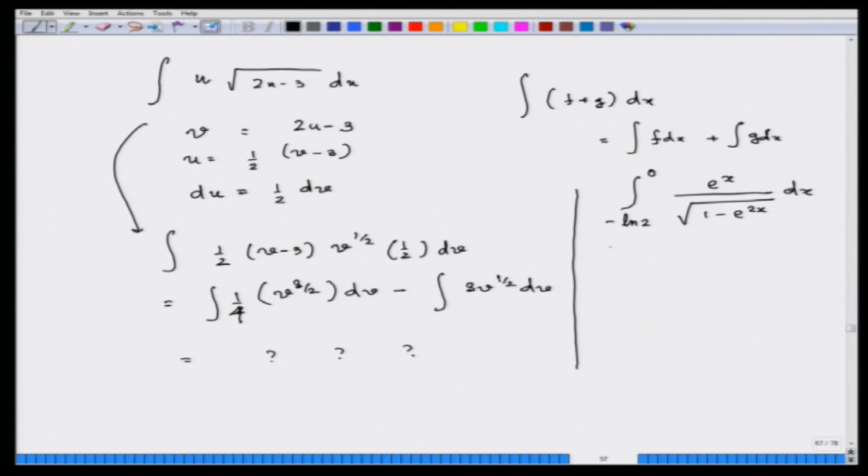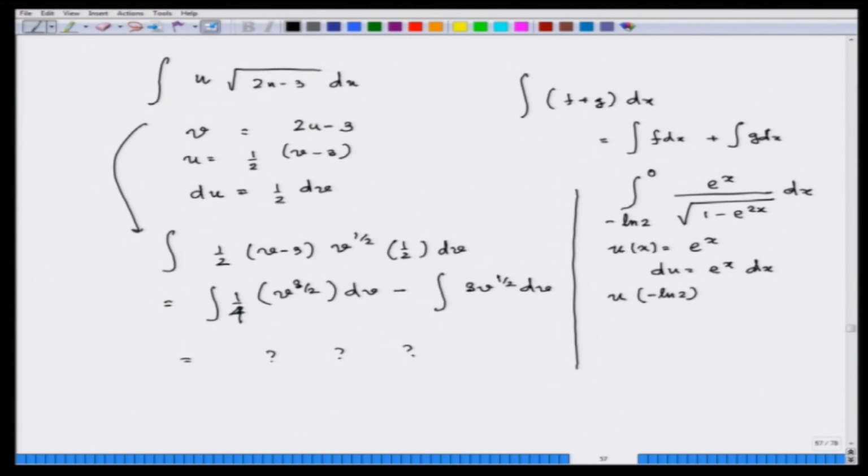So, let us see, you try u(x) is equal to e to the power x. If you find this, then du is e to the power x dx, very good. So, what does this whole thing become? When x is minus log of 2, what does it become? It becomes u of minus log of 2,